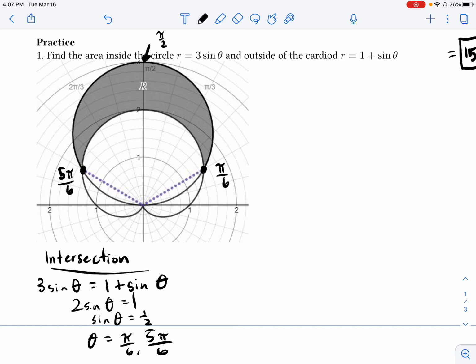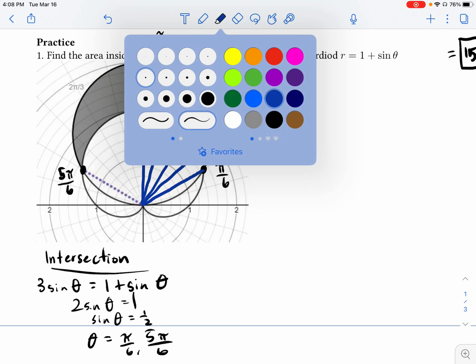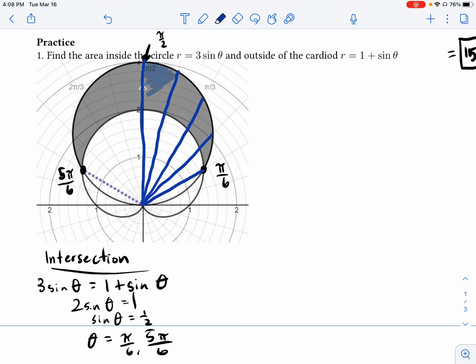That's where that r value is going to end. Well, for me, and again, you may have approached this a little bit differently, but for me, I want to start by finding this region here that I'm about to mark up. So this region here, and let me just highlight this in this color. This region that I'm highlighting right now is what I would get when I integrate my circle,